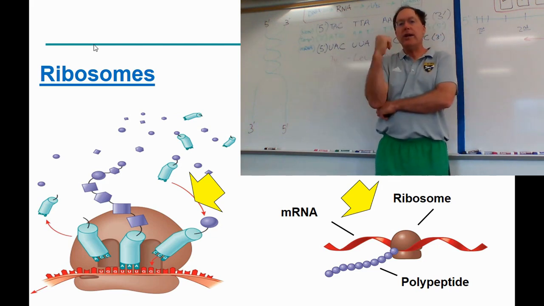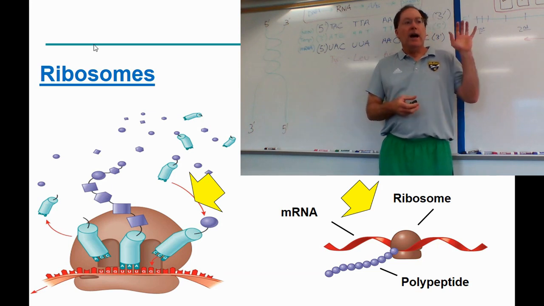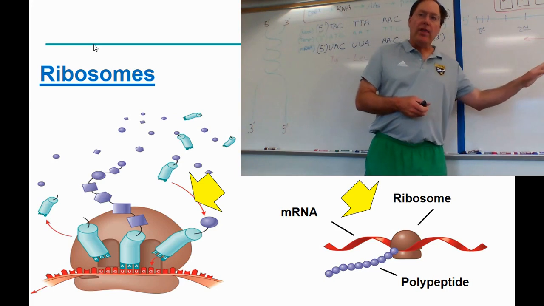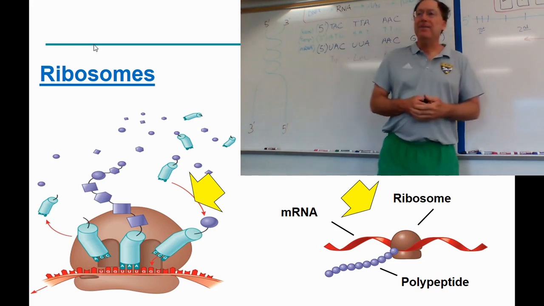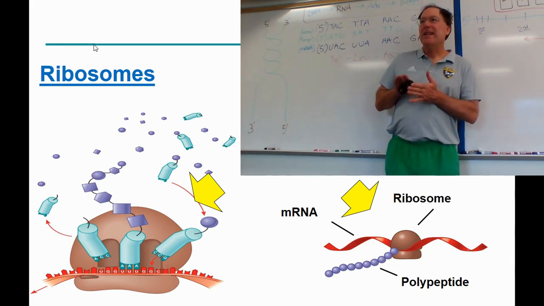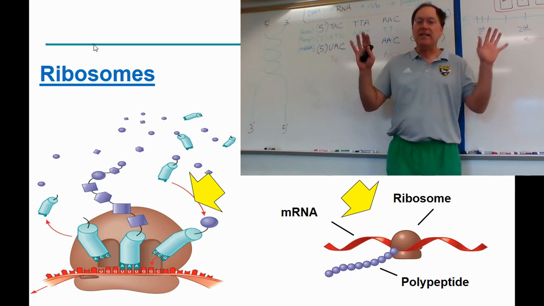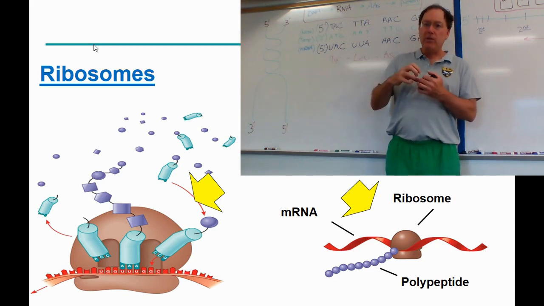So there are two incorrect things in that movie that's about 10 years old. Number one, scientists now know that it's not the ribosome that moves along the mRNA. It's the mRNA that's pulled through the ribosome. I guess it's kind of like a perspective issue. Is the car moving down the road, or is the Earth rotating underneath the guy? I don't know. But the point is that now we know this is probably because most ribosomes are bound to